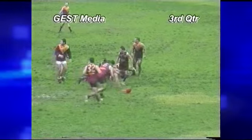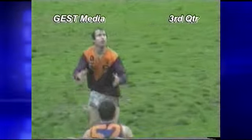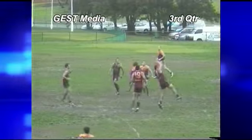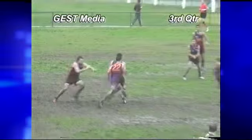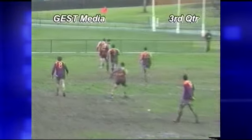Pressure from the Belmont line side. Umpire says a free kick because the ball had come out in the tackle and he was held on to. So Lanyon now from centre wing kicks the ball towards centre half forward. Target will be, I think, Cashel, but going back in defence is Harmy Williams, and Williams takes the mark. Now goes and plays on, runs wide, kicks in the left foot, goes wider, looking for the player in Guinan